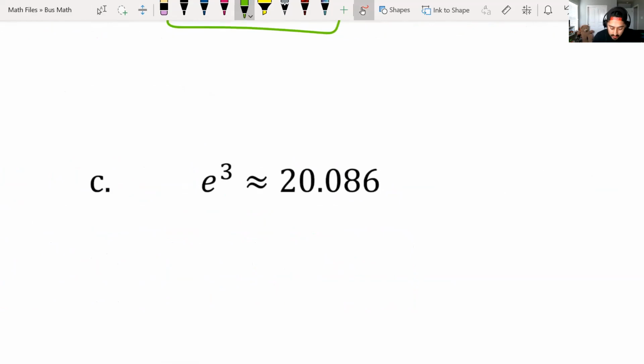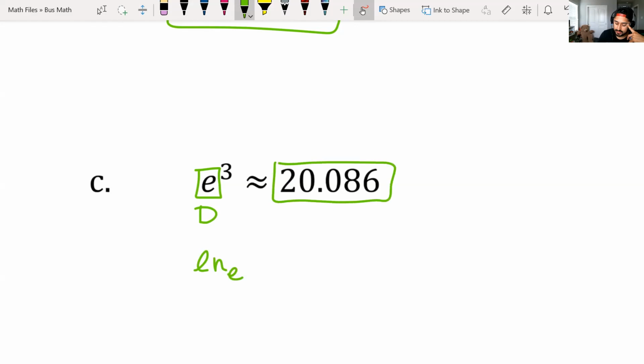All right. So we do it again. This time we have a base of e, which means we get to use the natural log. So since e is the base, of course, that goes down. So you get natural log base e. This outside number goes in of 20.086 equal to this exponent, which goes out,